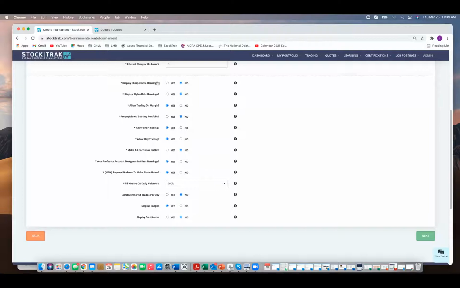And then as we were talking earlier on the rankings, you can display the Sharpe ratio rankings. We do have some of the alpha and beta rankings. As I mentioned, the Treynor ratio and Jensen's alpha are on this way. You could start with a pre-populated portfolio for all your students. If you wanted to go ahead and create it and they started with one, they could all have the same starting points. If you wanted to do some more of the advanced stuff, you could allow short selling, you